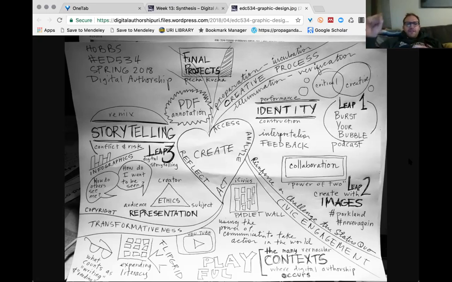I was drawn to the little piece in the kind of bottom left corner, expanding literacy. And that ties in. I was just before this class watching The Daily Show, just catching up on the one from last night, and Trevor Noah said something that struck me. It was about society in general, but he was saying how societal values and morals, just like a cell phone, every so often you need to upgrade to the next model.